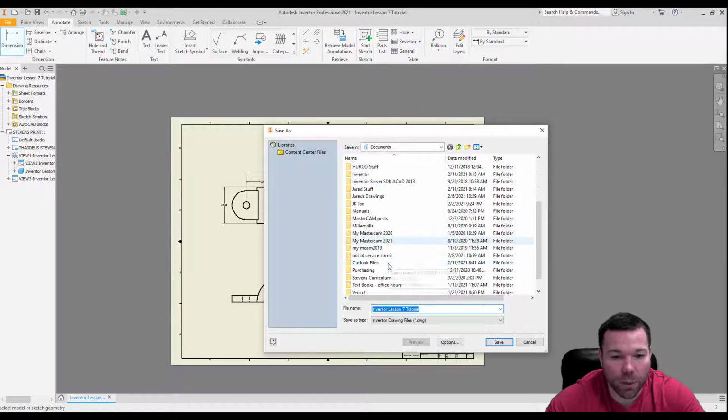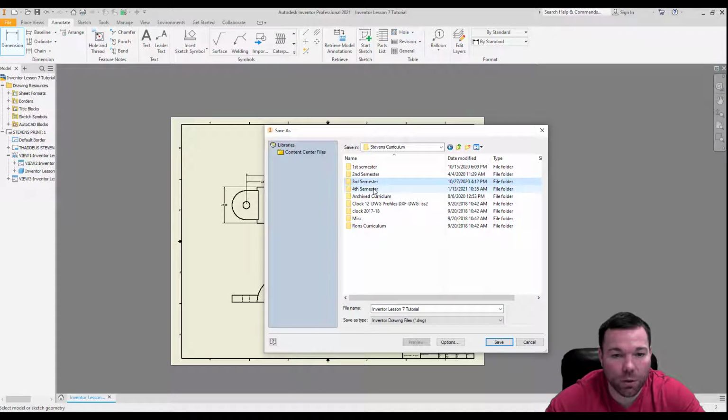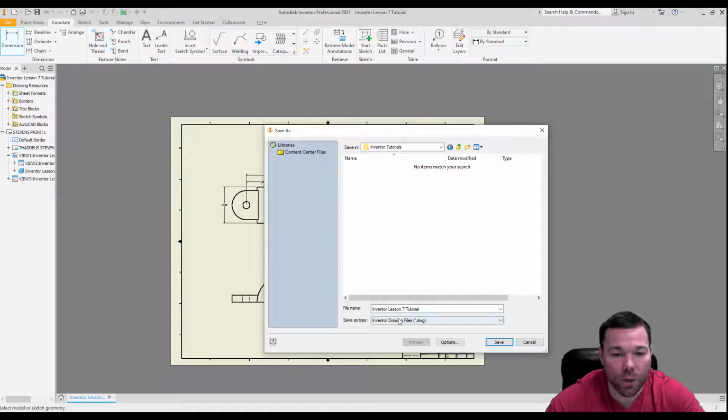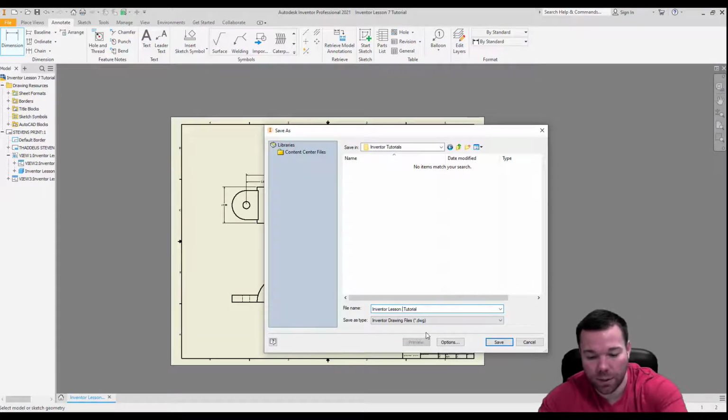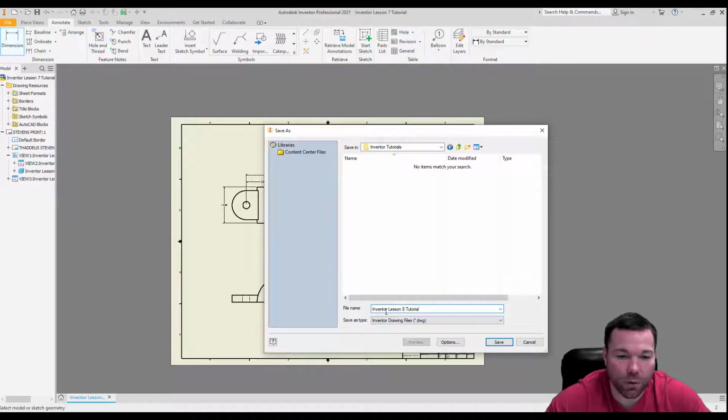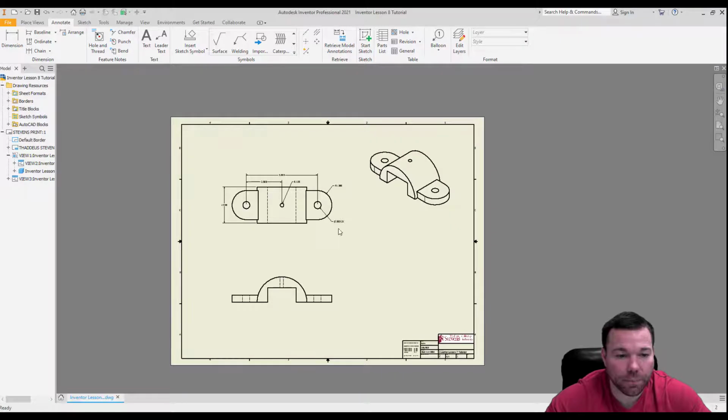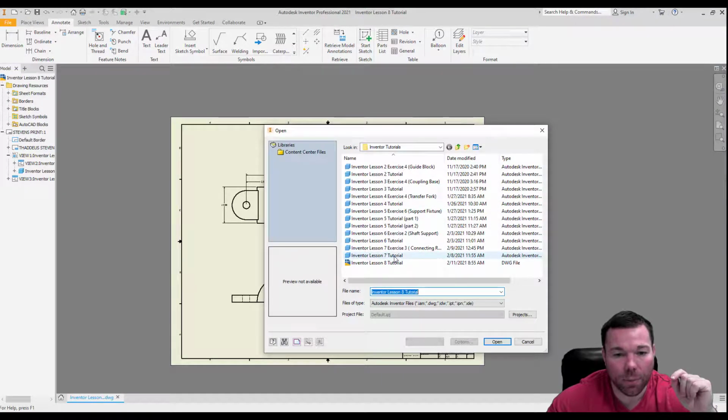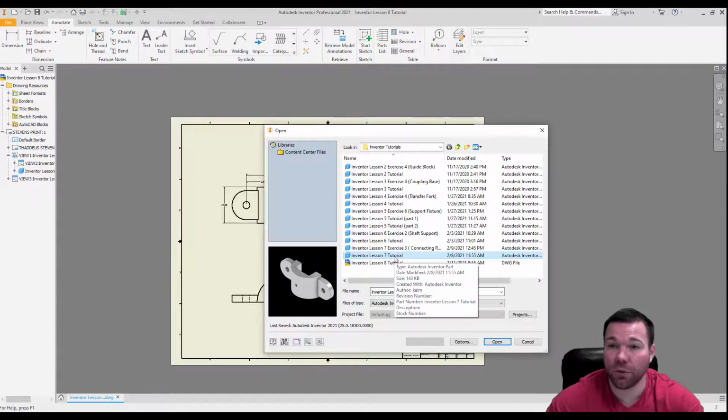Oh boy, we need to go back into my Stevens curriculum for... Oh man, I really made a mess of things now. There it is. Tutorials. And this is going to be 8. So Inventor Lesson 8 tutorial. Save. Alright. What I'm going to do is I'm going to open my Lesson 7 tutorial, which is the drawing